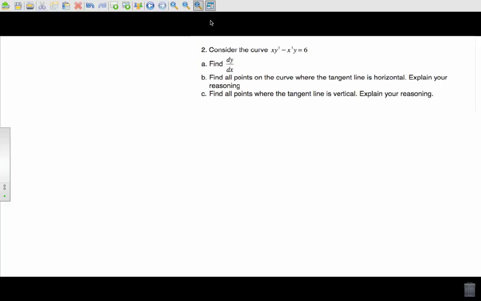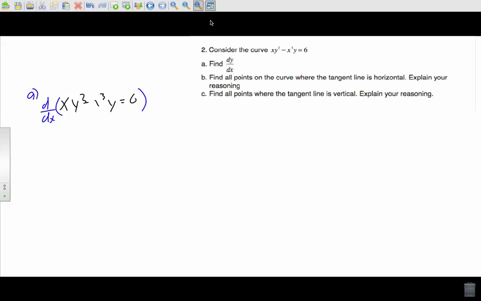Okay, so the first thing we need to do is look at that curve and figure out how to take the derivative. So we have xy squared minus x to the third y is equal to 6. And I'm going to switch colors with every step here so that you can see what we're doing. So the first thing we're going to do, we need to take the derivative with respect to x of this entire thing. So since we have xy squared, that requires us to use